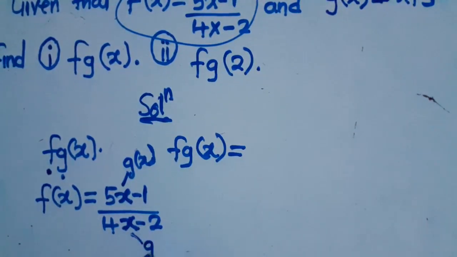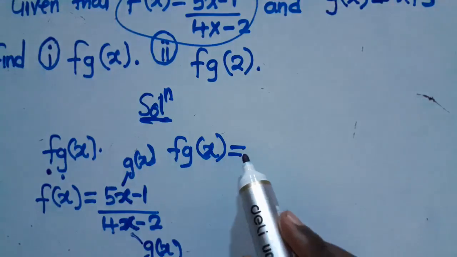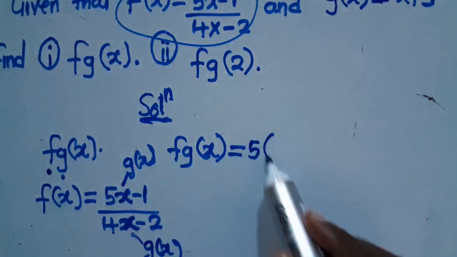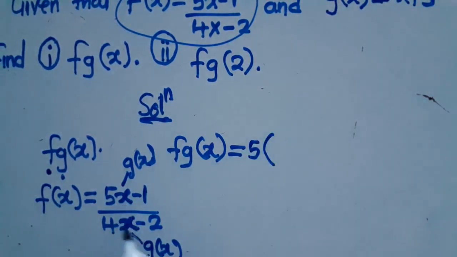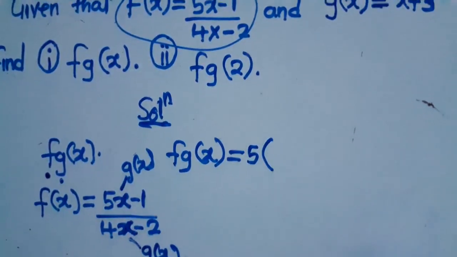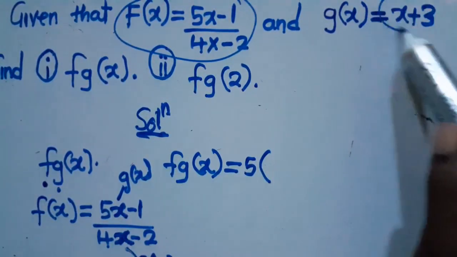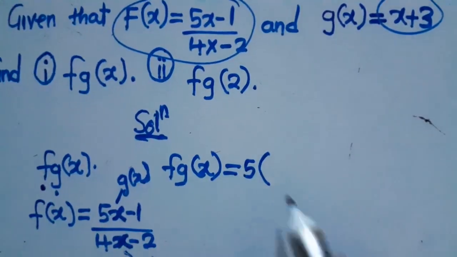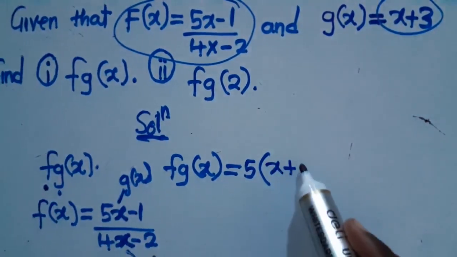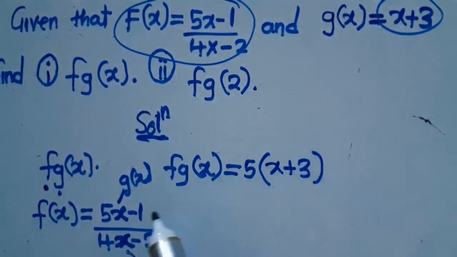Everything else is going to be maintained. Make sure you understand this. So this is the same as 5 open bracket. Where there is x, I put the function g. Where is the function g? This is the function g. So I put x plus 3 minus 1